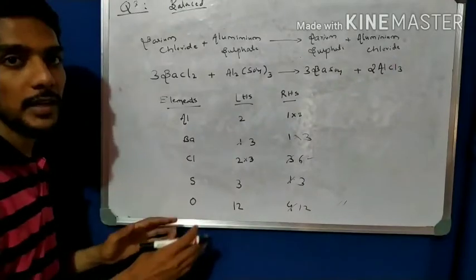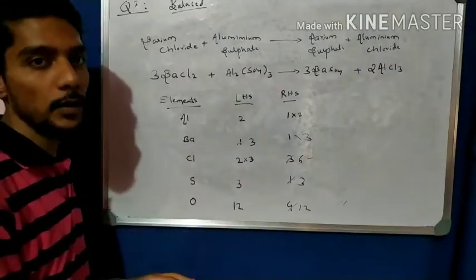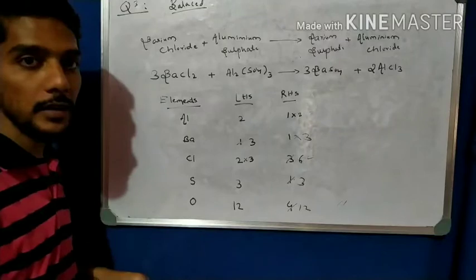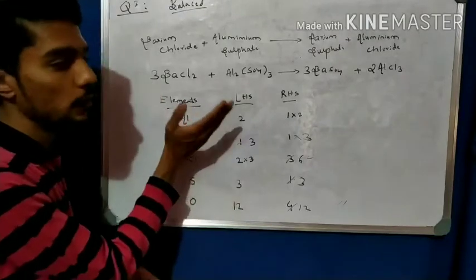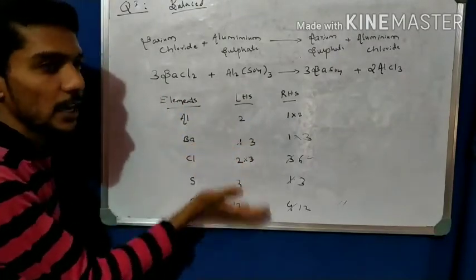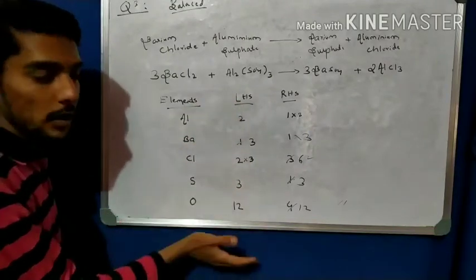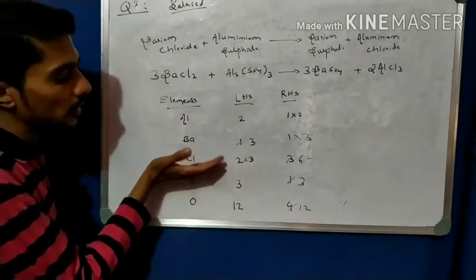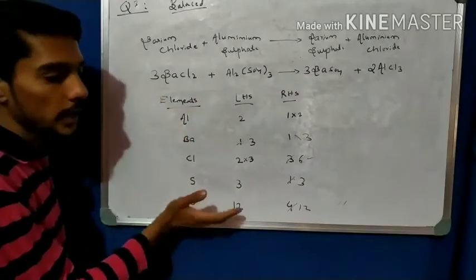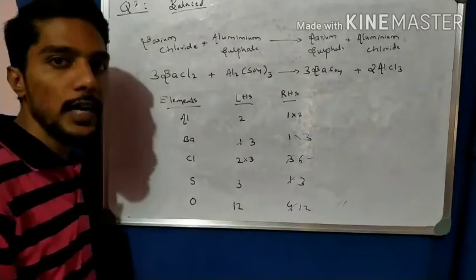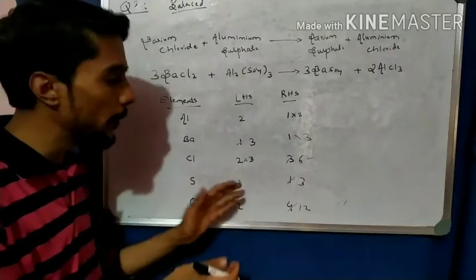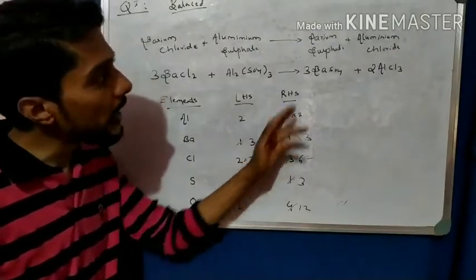So this is the method. This is one of the complicated ones, such complicated equations. You have to balance one by one. If you balance number 1, then check again all. If you balance number 2, then check the first one, then check all. If you balance number 3, then check previous 1, 2, and all. By balancing one element, you have to check all the elements. Sometimes it gets disturbed, or sometimes it is automatically balanced.